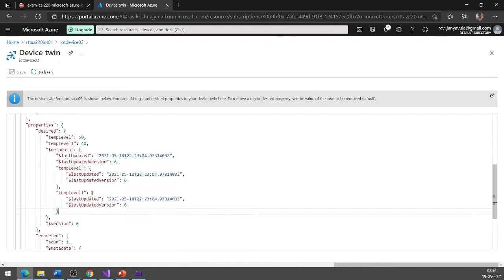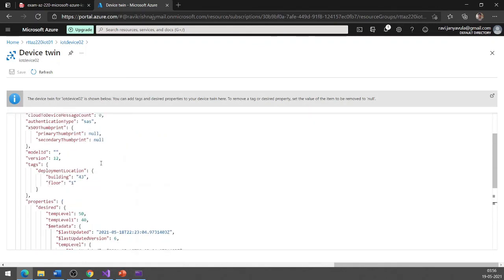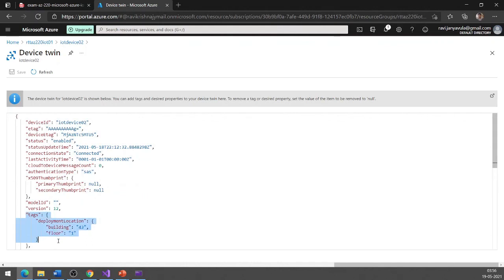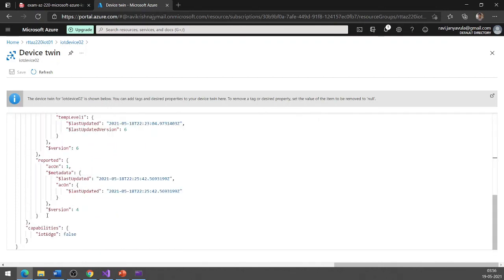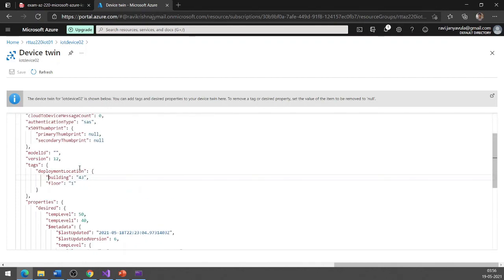So again, coming to the device twin section, the size of this tags section is capped to a maximum of 8 KB. You can have the keys nested inside one another, like how I did with deployment location, and inside that there is another key, building. You can have nested keys and then a value, but the size a tag's properties can have cannot cross more than 8 KB, and the value of each reported property or desired property cannot cross more than 32 KB. So those are the size restrictions on the device twins.